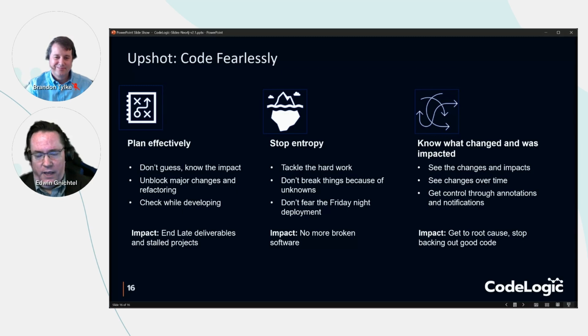Not breaking things in flight, not fearing the Friday night deployment, tests not having to come back and hold everything up. And I think the impact is lessening the results around broken software, and then knowing what changed and what was impacted. Get to root cause, stop backing out good code, because there's a lot of that going on in the industry right now. Per that statement from VS Magazine. So with that having been said, I will